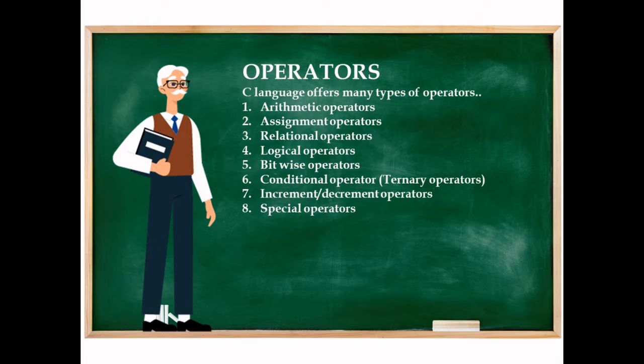Lastly, we have special operators in C language. These offer 4 different operators. Pointer, used to point to a variable. Address, that is used to give the address of a variable. Comma, that is used to link related expressions. And sizeof, which gives the size of the variable. Using all these operators, we perform various logical and mathematical expressions and functions in a C program. All these operators have their own specifications to be used while programming.